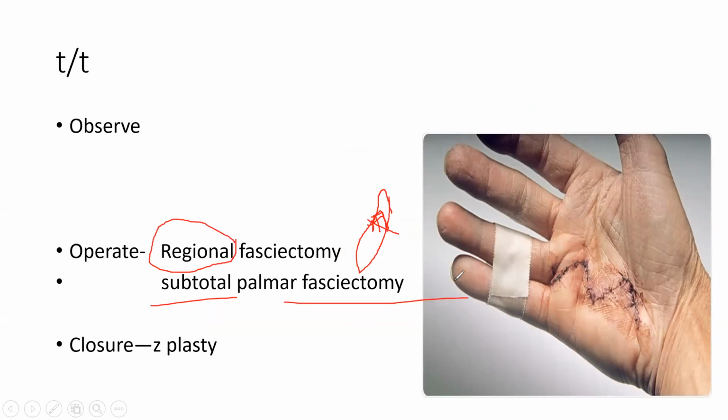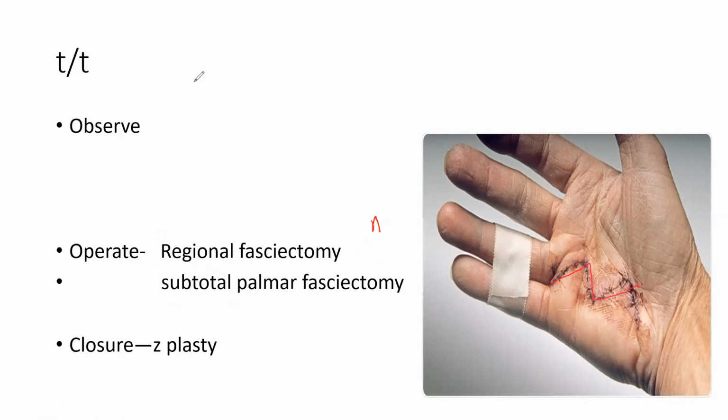will make it straight. Sometimes when you are making it straight, it's difficult to close, because क्या होता है कि ये contracture रहता है, यहाँ से यहाँ तक पूरा contracture रहता है. So closing में issue होता है. So if anywhere in the body there is a problem of closure, the skin closure में issue होता है, so there is a closure known as Z plasty. So you see this Z type of plasty.